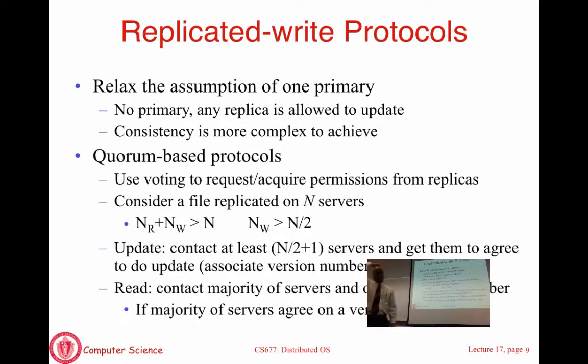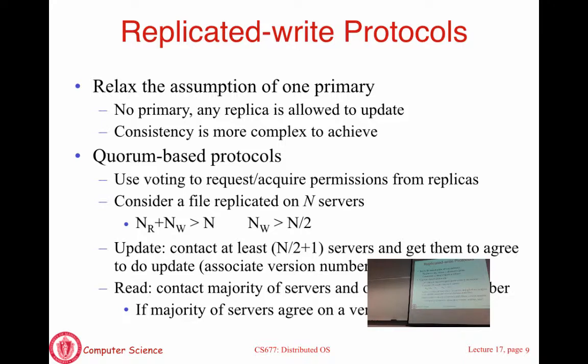Okay, so those are two primary based protocols. Now I'm going to show you a replicated write protocol, which actually says that there is no primary at all. Okay, in the previous case, there was a primary. In one case, it was static. In another case, it was changing. Now I'm going to explain a technique where you do not have any primary at all. Okay. In this case, we are going to use voting to decide what has happened in the system. Because there is no primary, there is no way to figure out who has the right.